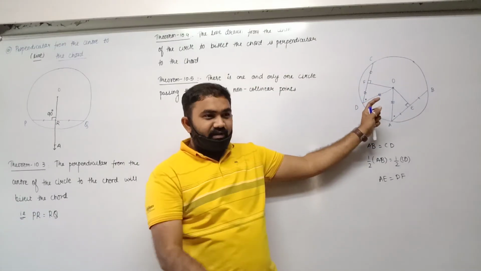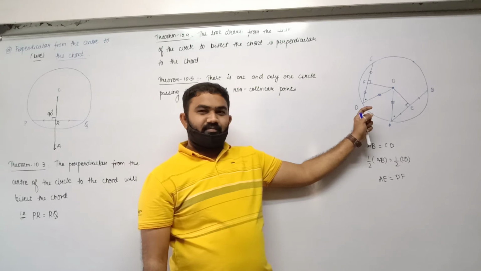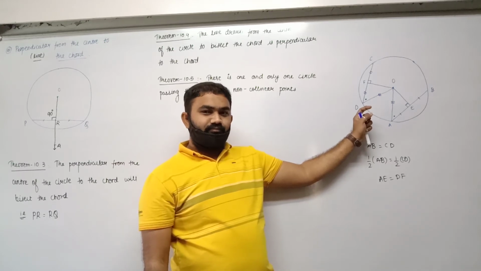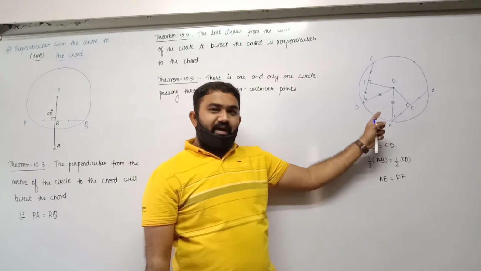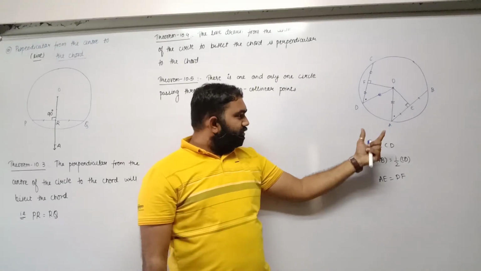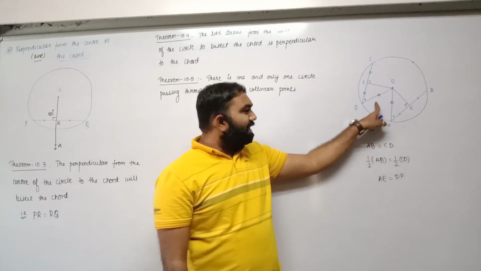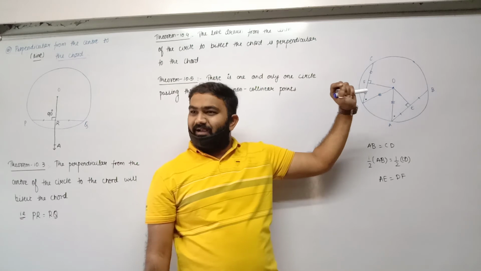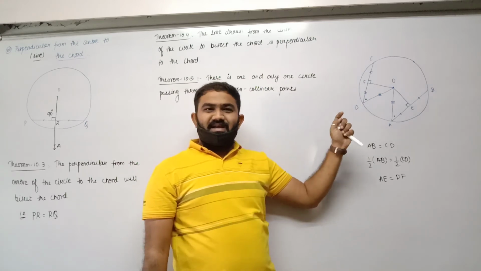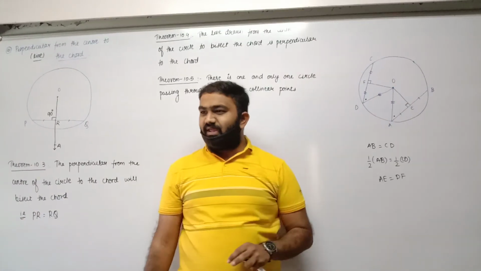Sure? Radii, how can radii be equal? The radii OD and OA are equal. Yes or no? Yes. Because they are the radii of the circle, they will be equal. So by side angle, you cannot call it SAS because that is not the included angle over there. So by SSA, the triangles are congruent, and hence by CPCT we can say that OF and OE are also equal.